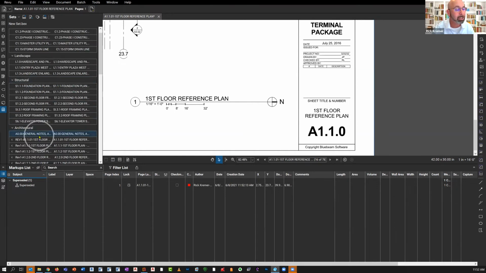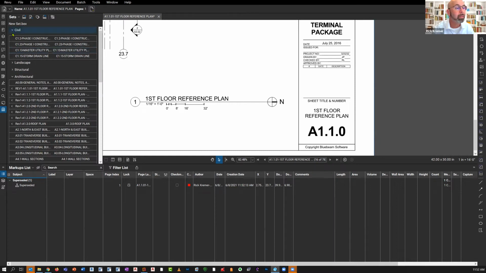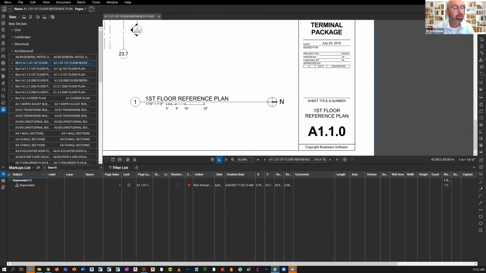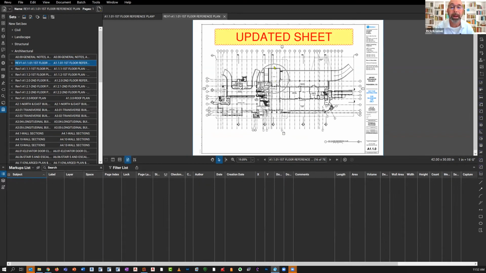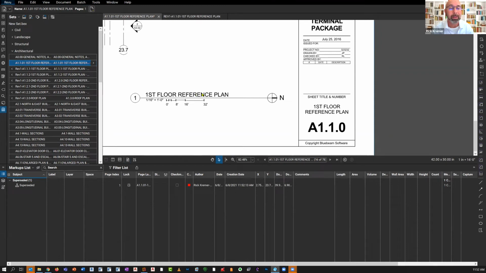Under my architecture sheets, let me go ahead and minimize this right here. When I click over here, you'll notice that it says Rev. When I click on the drawing, it shows me my updated sheet. I put big updated. And if I want to see my old sheet, I click here and I'll see my old sheet. And that sheet over here